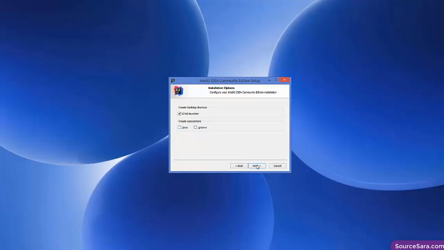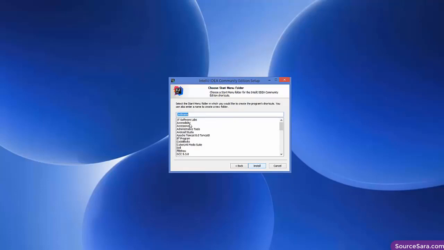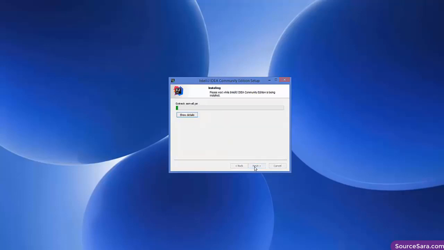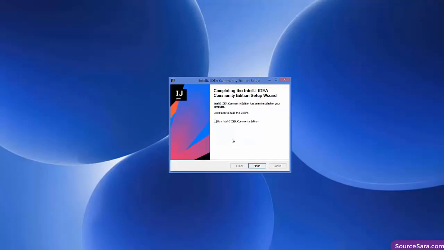So just click next, and in here you can see it's going to install JetBrains. So just click install here. Okay, so the installation will not take much time, so just wait for a few seconds and then the installation will be complete. Okay, so now the installation for IntelliJ IDEA IDE is complete, so we can just click this finish